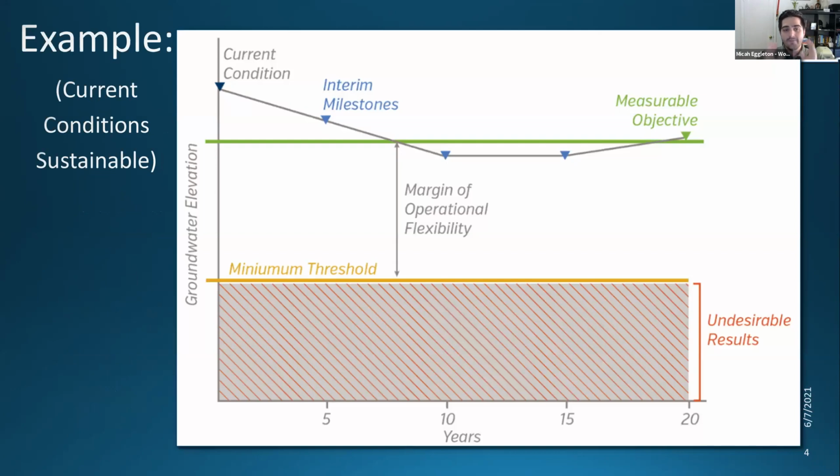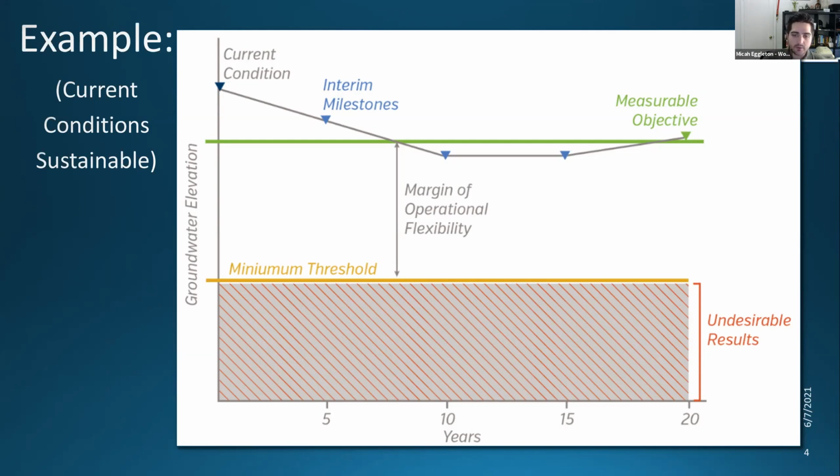Quickly again, let's review a very simplified hydrograph with some of our thresholds on it. You can see that this one projects out over the implementation horizon, or 20 years of the GSP. We have our interim milestones in those upside down blue triangles. Those are every 5 years when we reassess the GSP where we like to see us hit. So our green line is that measurable objective coming right across, and we try and make sure that our levels are hopefully around that area, but they can actually be anywhere in that margin of operational flexibility.